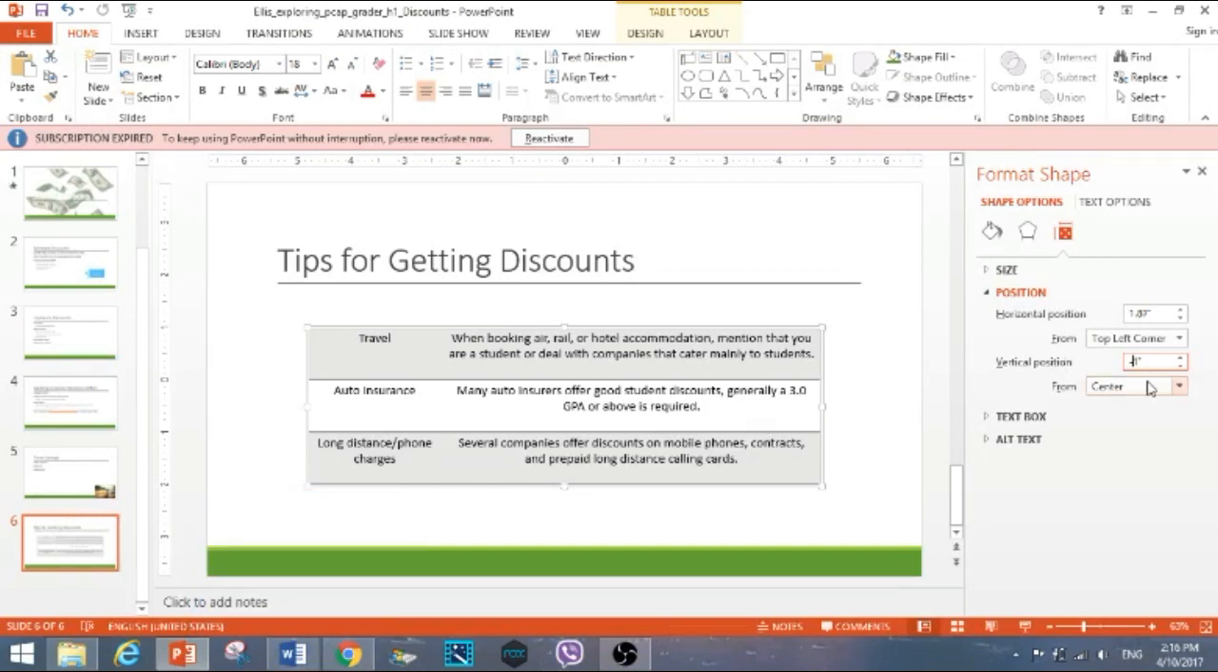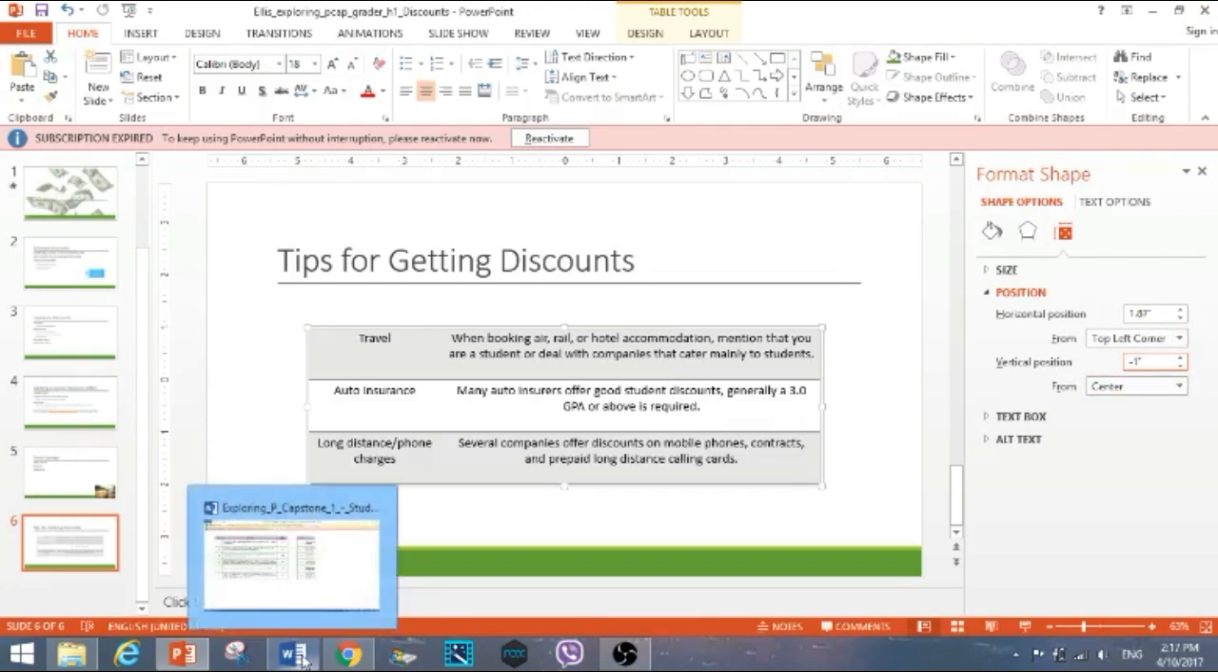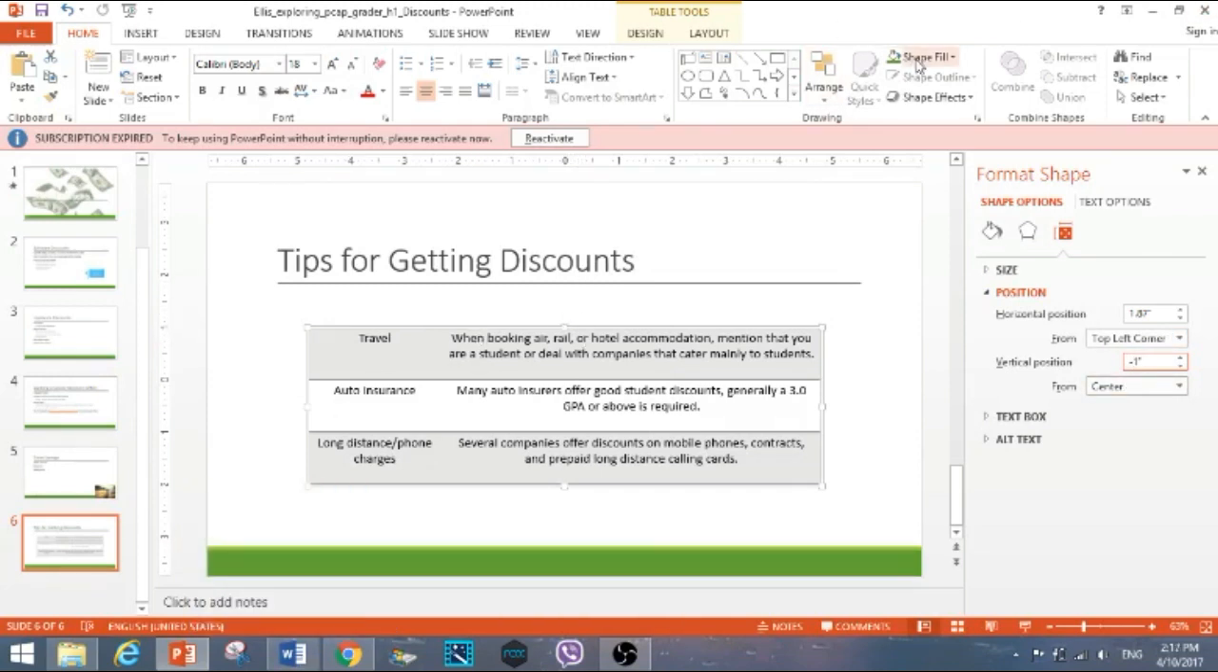I forgot that it was actually a negative number to align this table correctly, and you want to make sure you change the top left corner in the vertical position. Change from top left corner to center, and you want to change it to a -1. So as you can see, it's been centered correctly, and of course we're finally done with this